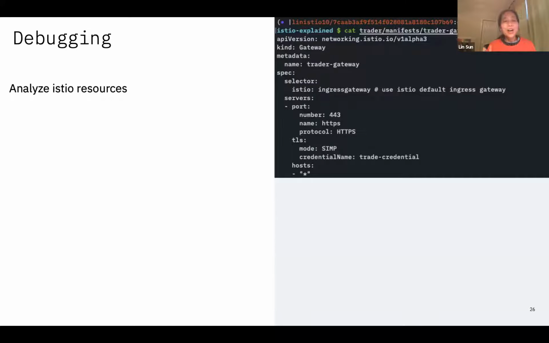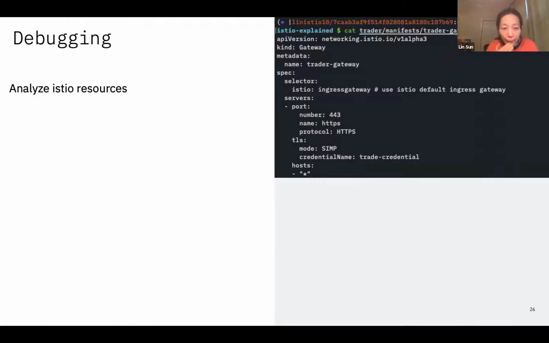I have to talk about debugging too, because not everything is going to go as smoothly as what I just showed, right? What I showed is the result of a lot of testing and a lot of things to get it working. In Istio land, because YAMLs are error prone, you always need to be able to analyze what might be going wrong with your resources. It's an important skill as you adopt any service mesh.